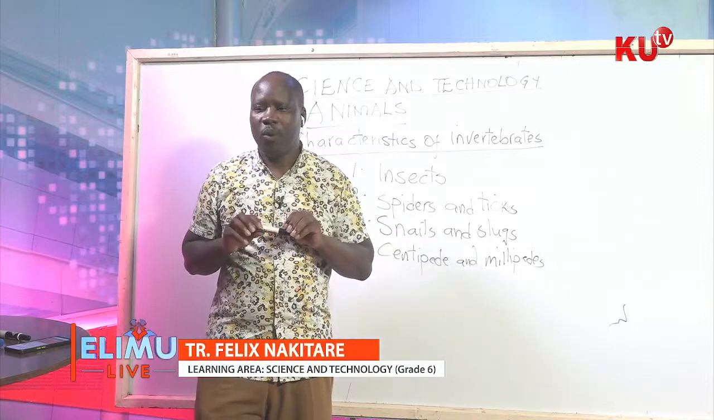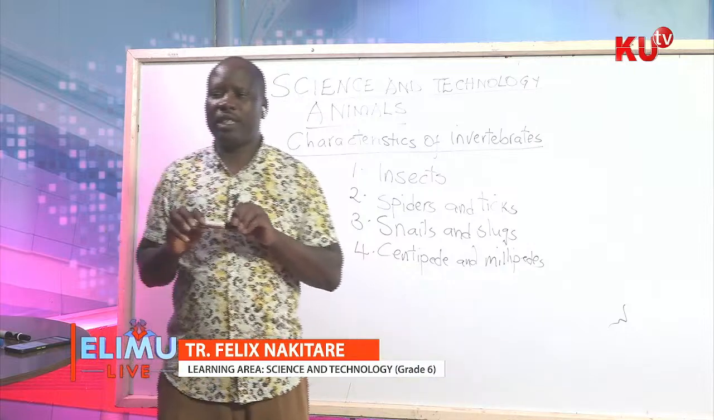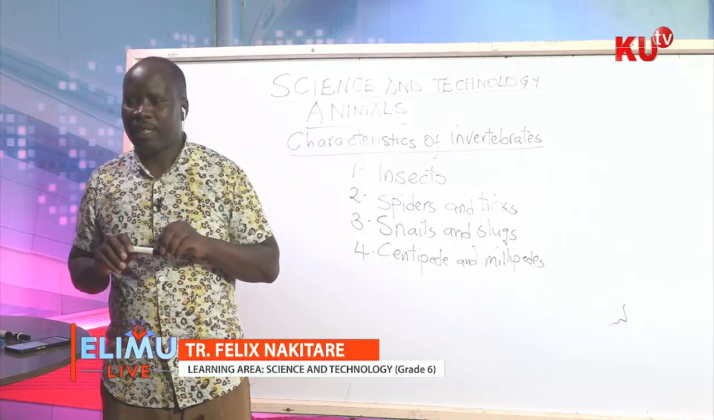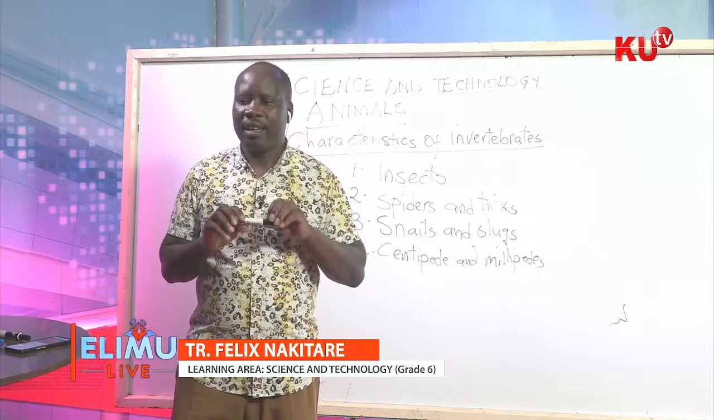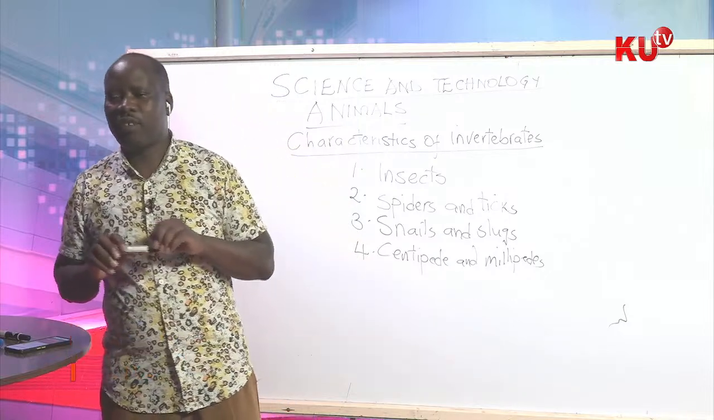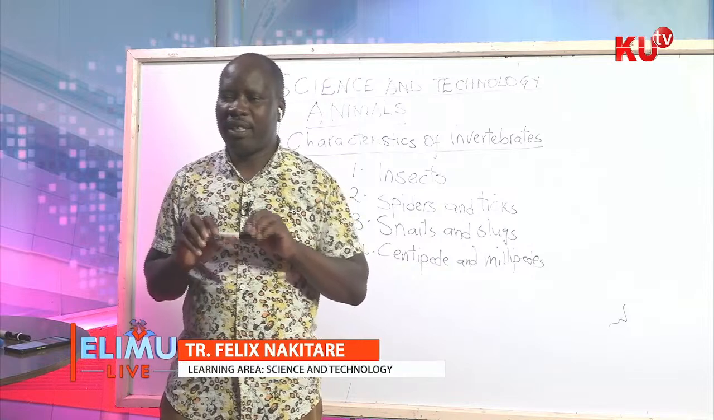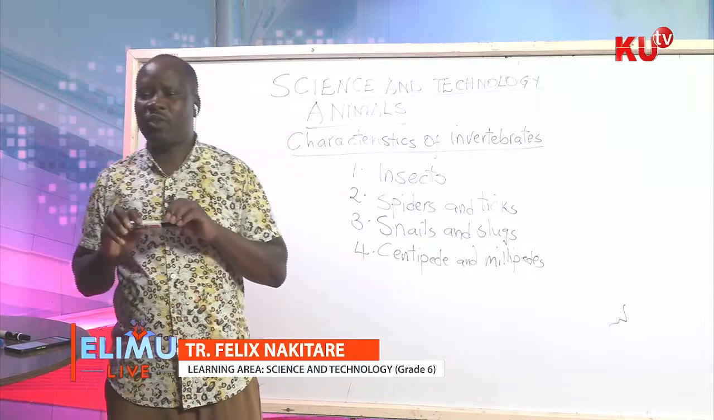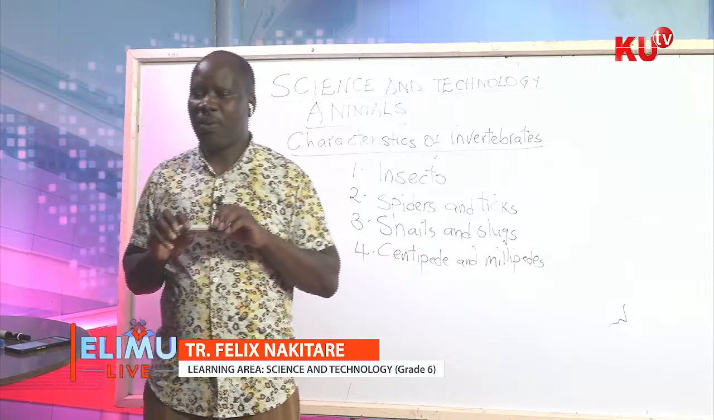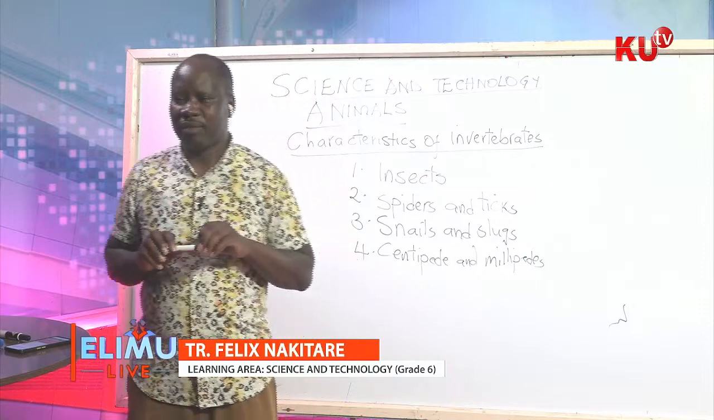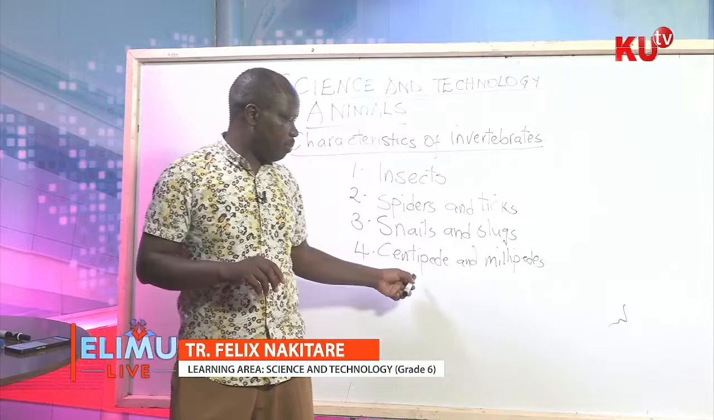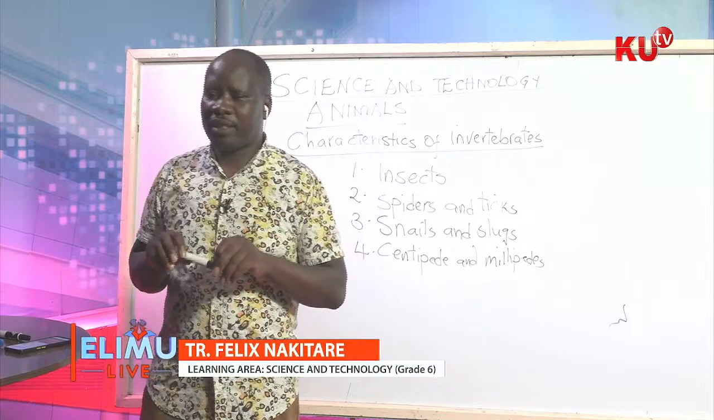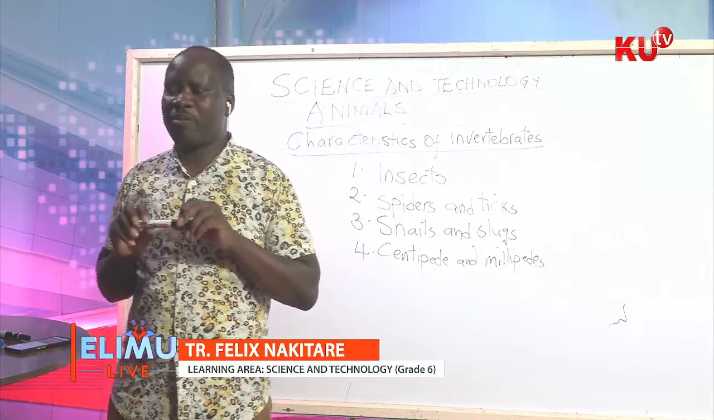Number one, we've said that the body of centipedes and millipedes is divided into two parts. That is the head and the trunk. The body of the centipedes is divided into two parts, the head and the trunk. And the trunk is also divided into many small parts, which are called segments. The body of a centipede or a millipede is divided into two parts, head and trunk, divided into many parts